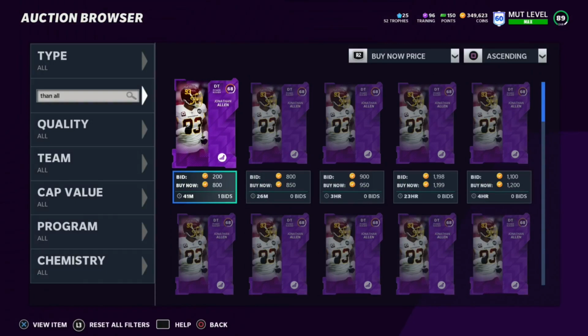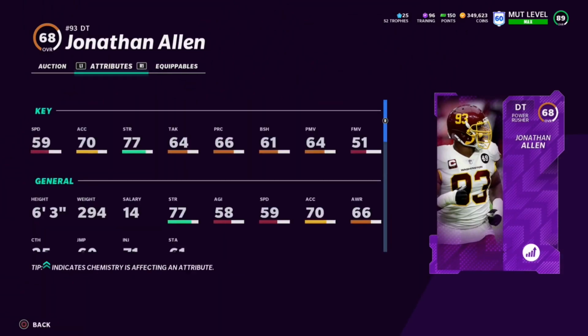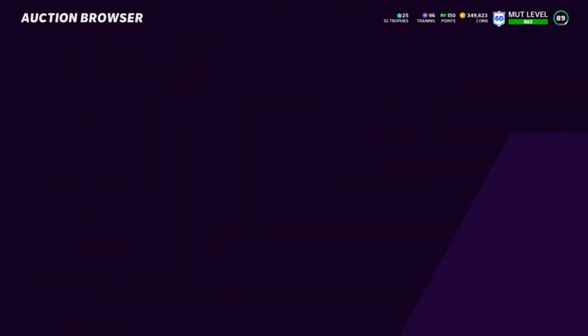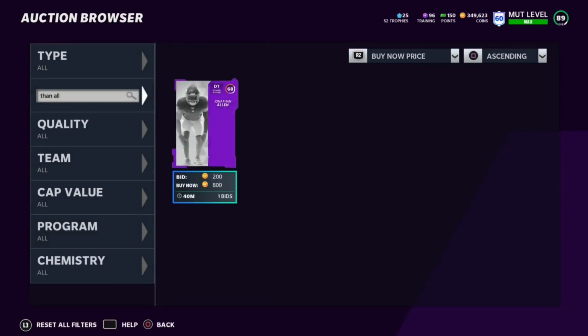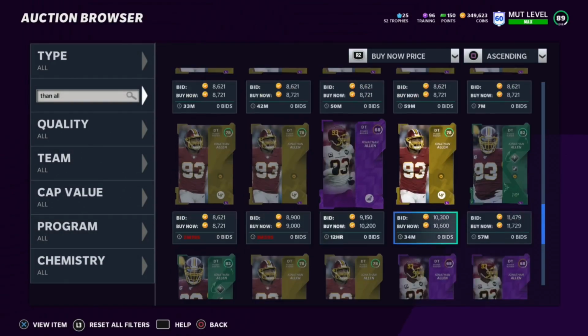Alright, guys, and at number 7, we got Jonathan Allen. Jonathan Allen fits in right here at the number 7 spot just because he's okay. Like, there's nothing super insane about this card. He's really strong. If he played right end, I think I might have him a little higher. I like him more as a right end. Obviously, he's got his superstar